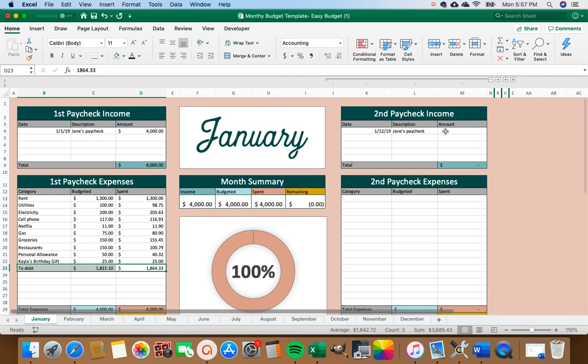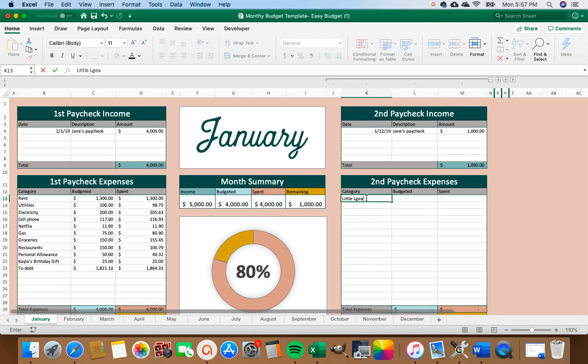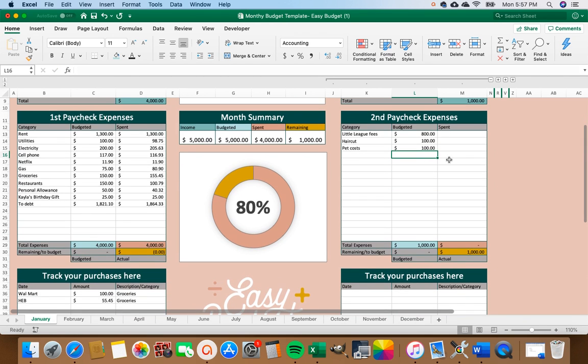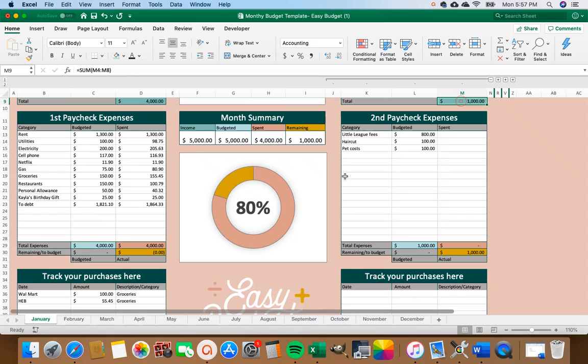Now we're going to come budget another paycheck. So say we get our second paycheck. It's $1,000. And we're going to put that towards Little League fees, a haircut, and pet costs. So our Little League fees we think are going to be about $800. The haircut's going to be $100, and the pet costs are going to be $100. So now you can see the income was $1,000. We planned or budgeted all $1,000 of it,